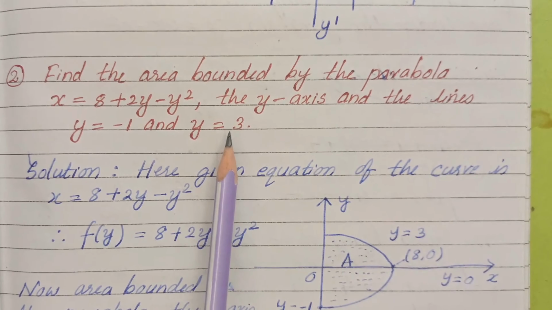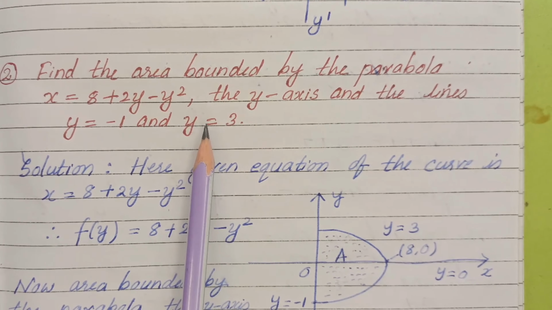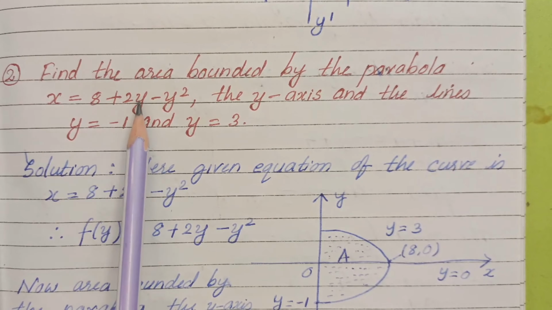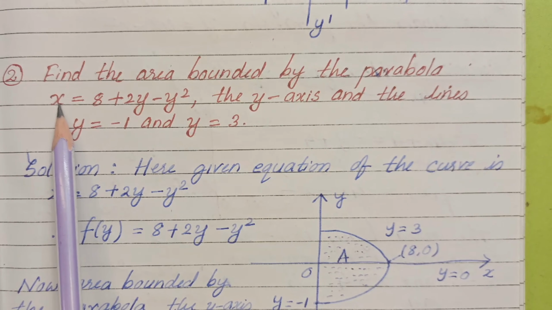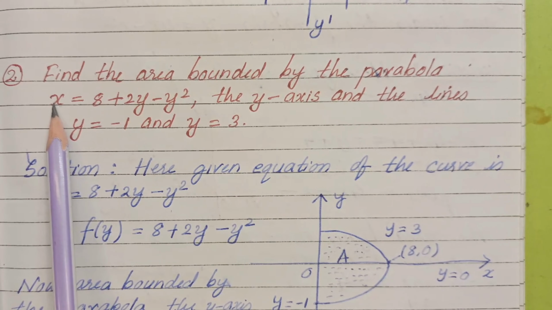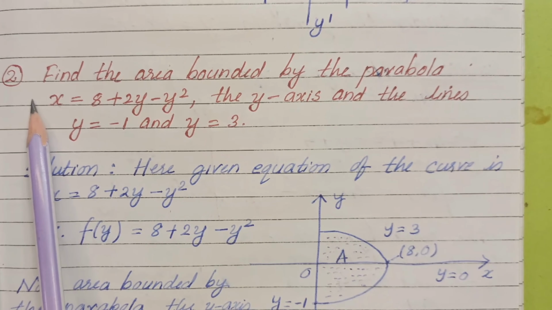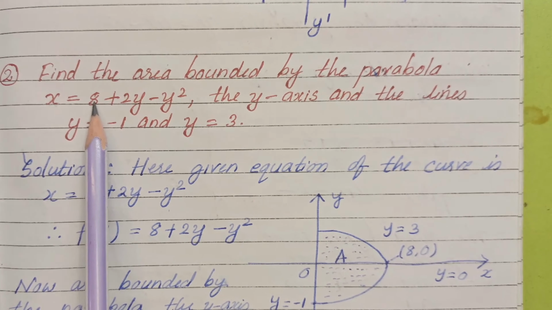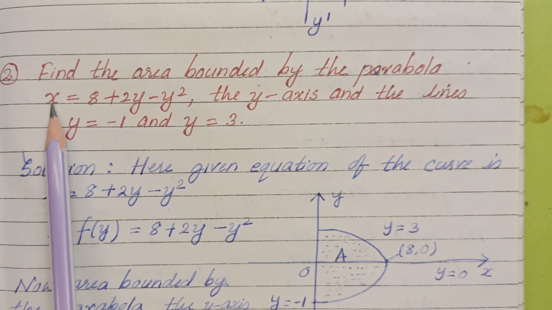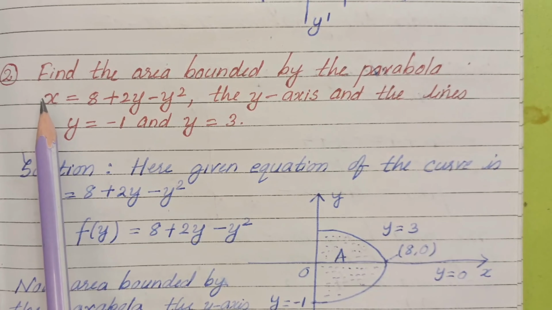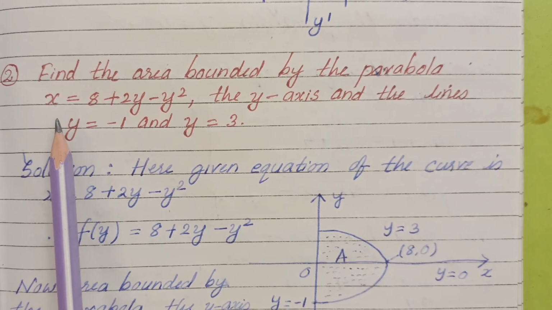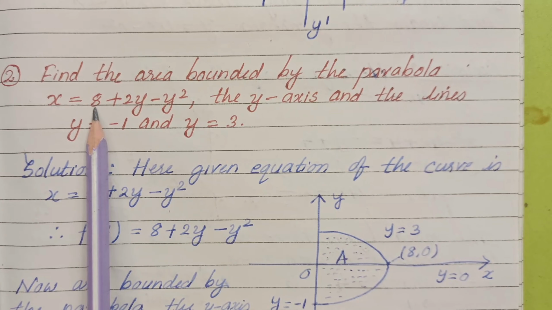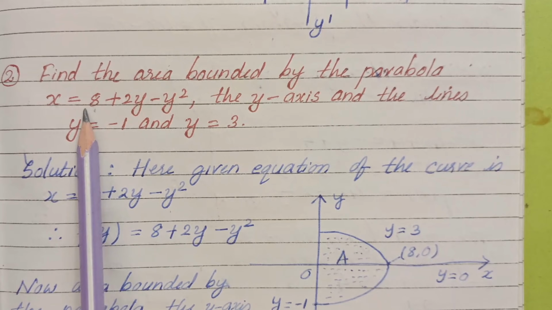First let's check by putting y is equal to 0 whether it will be a point on the 0 or not. If you put 0 here, then x is 8, which is more than 0. That's why you cannot make the point at 0 this time. We know y equal to 0 is the straight line of the x-axis. So if you put y as 0, the other terms become 0 and x becomes 8. In the x-axis you just make a point at 8. That's what is done here.